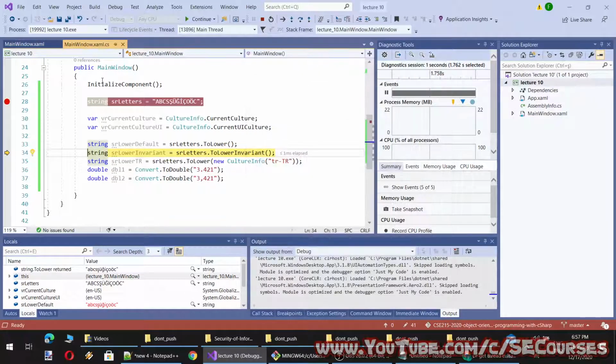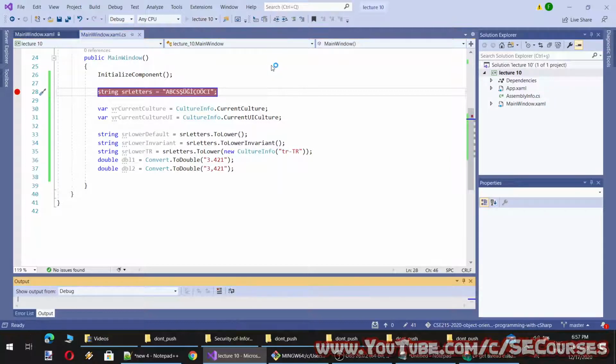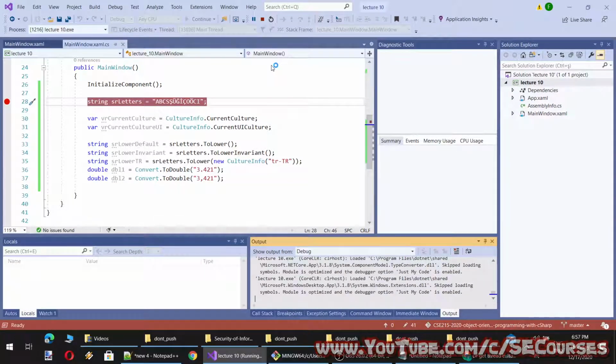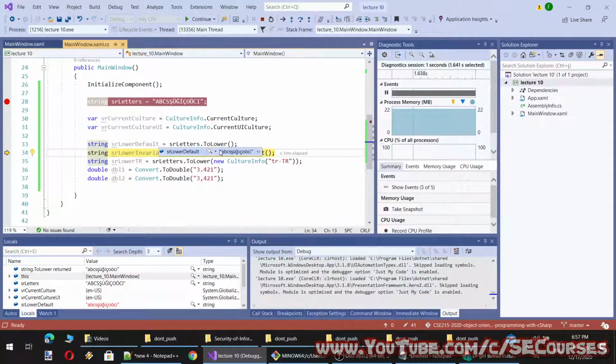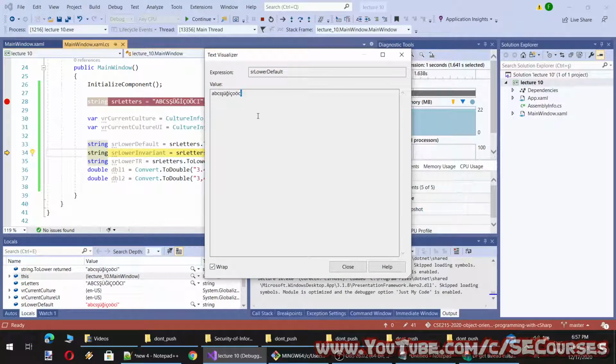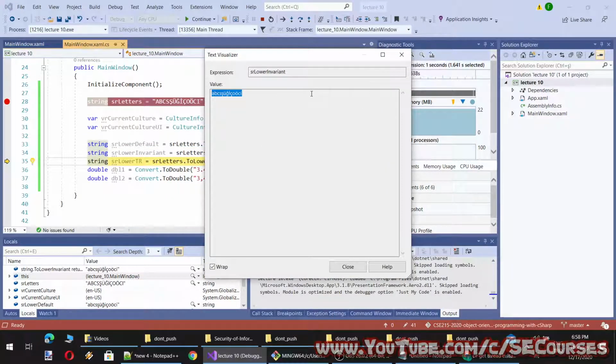However, let's say I also add bigger I like this, and let's see how they will be converted. Okay, so bigger I is converted as, I don't know how it is called in English, like this. So we have lost our Turkish accent. Okay. If we use ToLowerInvariant, they are converted like this.